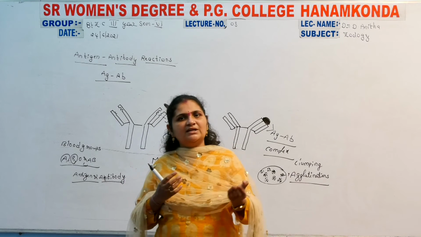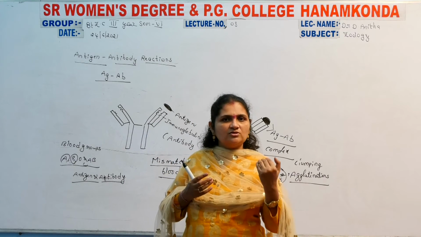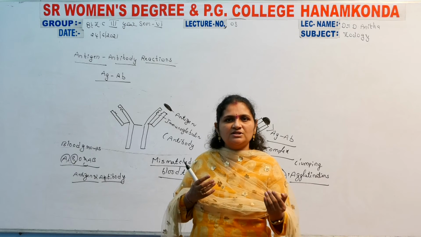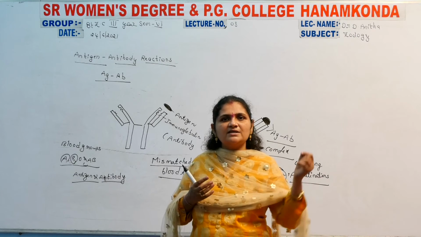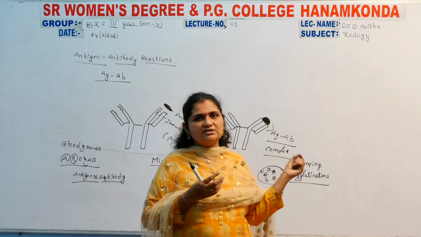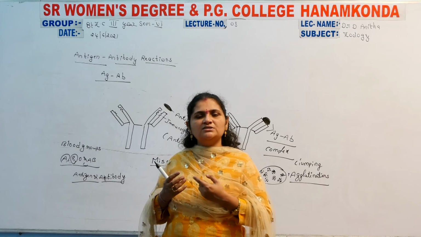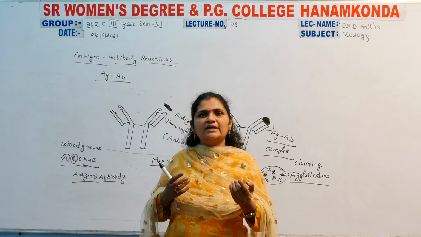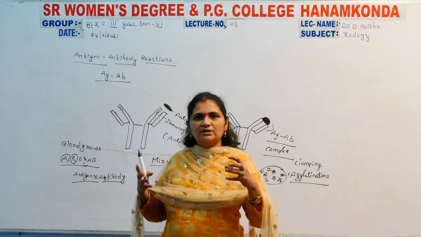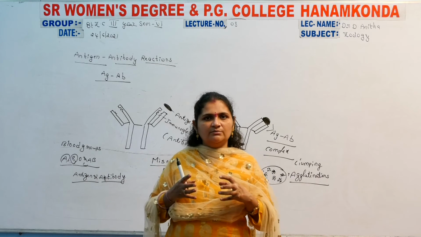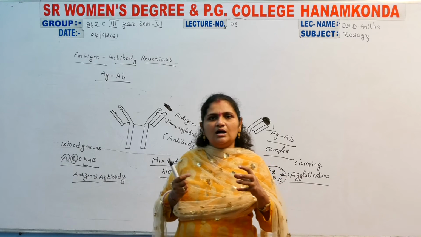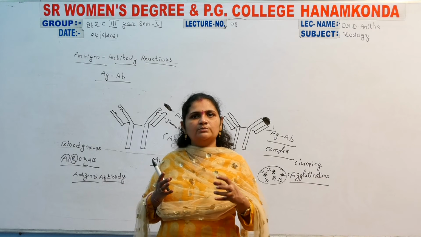It should always happen inside the body. Those reactions occur against the antigens inside the body, and are considered antigen and antibody reactions. The main example is a mismatched blood group. Two different blood groups may contain two different antigens and antibodies, so those two different blood groups will not match.